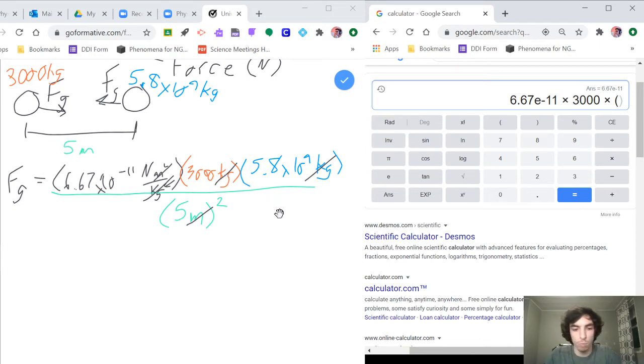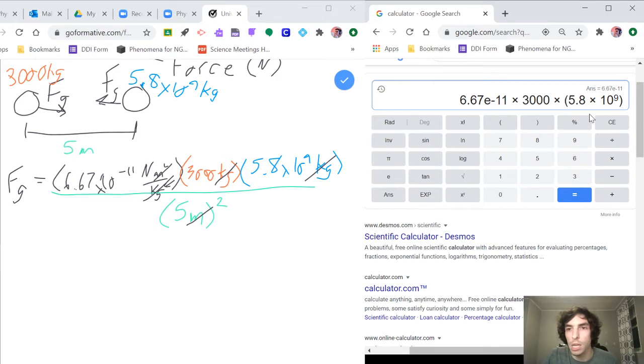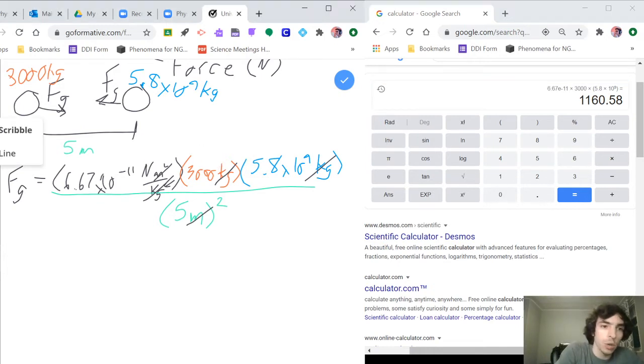I'm kind of particular about how I do this, and you'll figure out your own way to do this, but I like putting anything in scientific notation or any new value in parentheses. So 5.8 times 10, and then push our little x to the y, to the 9th, and then I'm going to hit enter. So this gave us what the numerator of our equation is. And I'll just go ahead and record that,